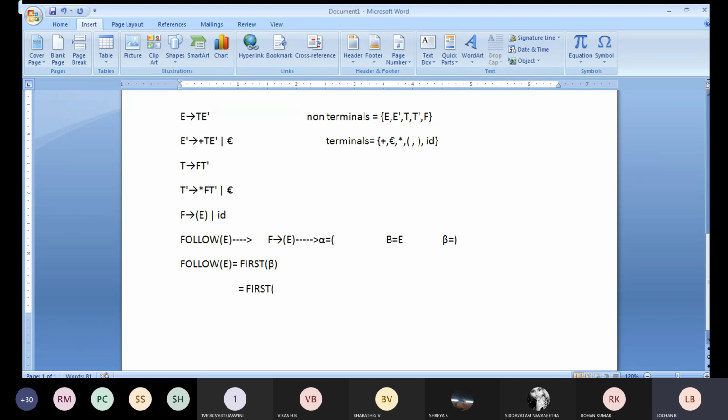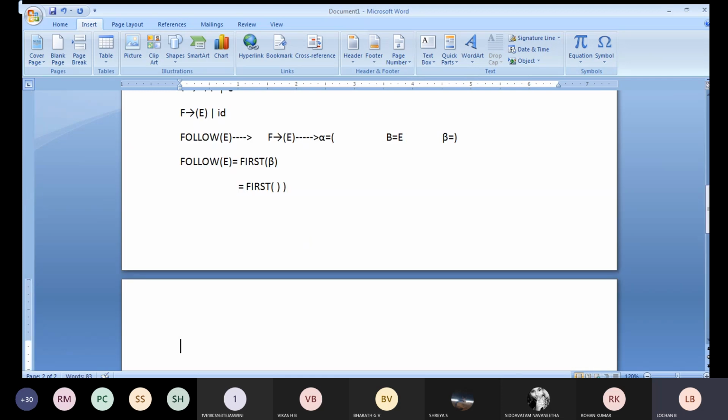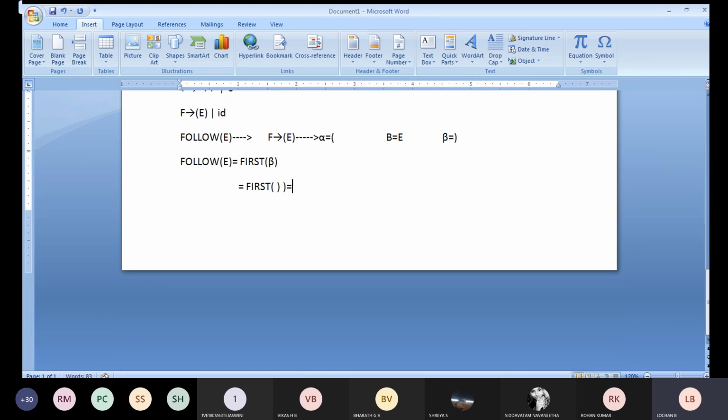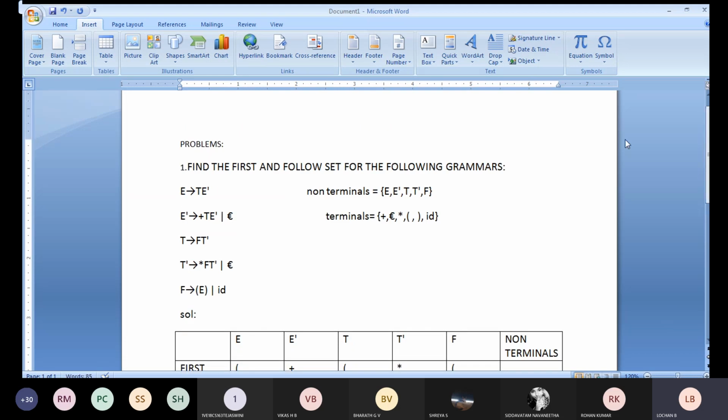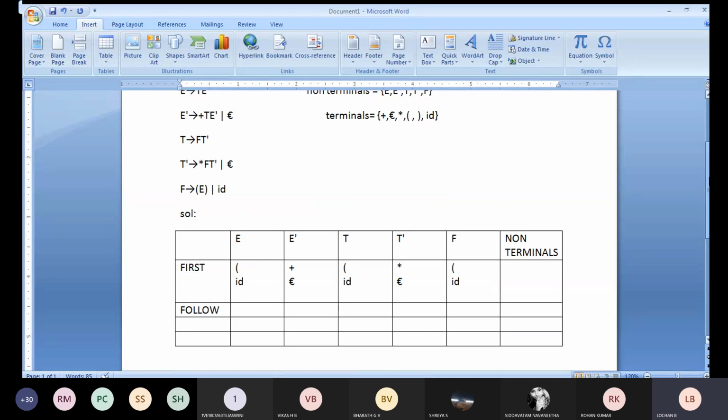So since close bracket is a terminal, I'll directly write the solution as close bracket. Whenever you are going to find follow, we will be using one dollar symbol for all the follows. Why I will be using the dollar means it is a right input marker. So in this particular case, we will be applying the first concept.